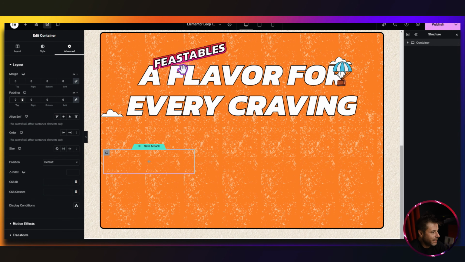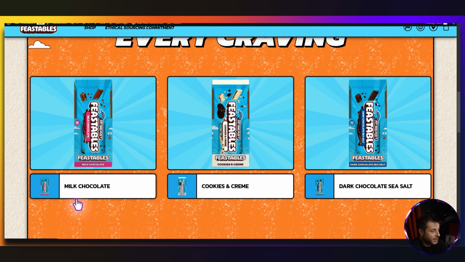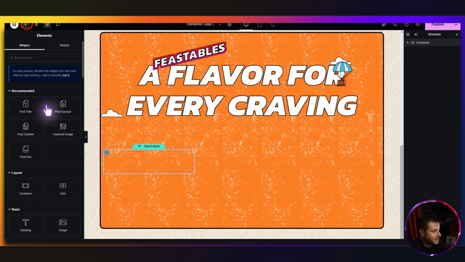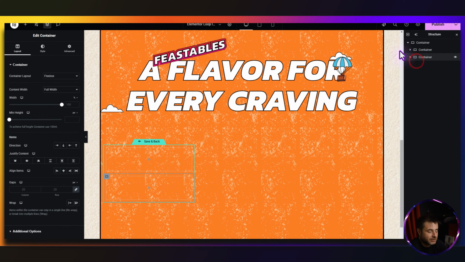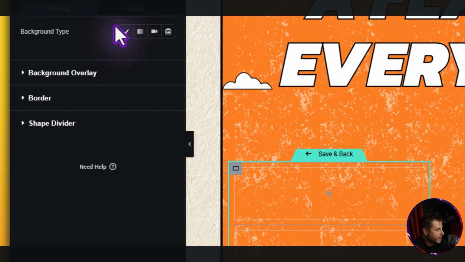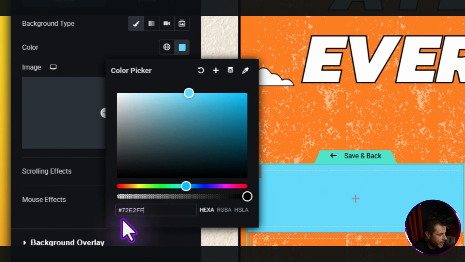Okay, so inside this is going to need 2 containers. The one is going to house the image here and the one's going to do this whole button effect there. So click the plus sign, grab the 2 containers and put them in. So now we have 2 containers in there. So for the settings of this first container, we just go over to additional options and we're going to make the overflow hidden. In the style, here we're going to give a color. It's going to be this light blue color over here,